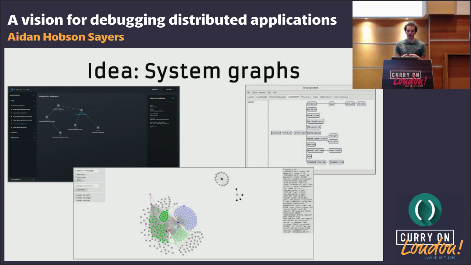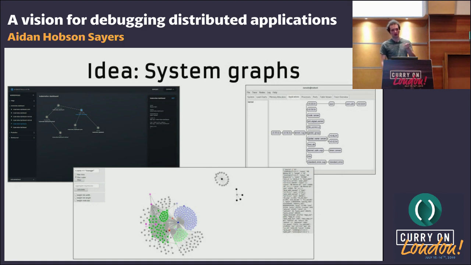Observer on the top right is built into Erlang. So you can start that in Erlang, monitor a running Erlang system, and this particular tab in the top right is showing the supervision tree of an Erlang application. The bottom one is an internal tool at Aidan that we've creatively named NetVis, Network Visualizer, which shows the different processes in Ether